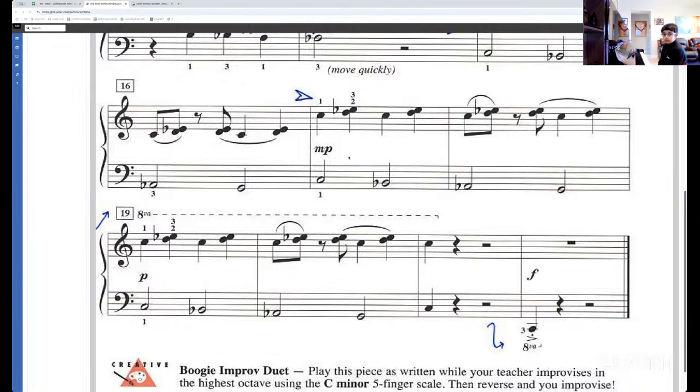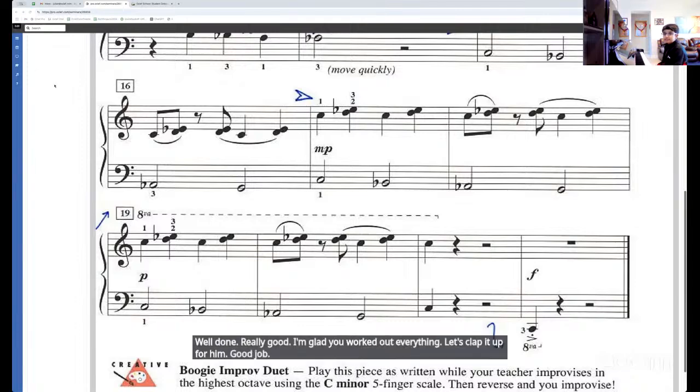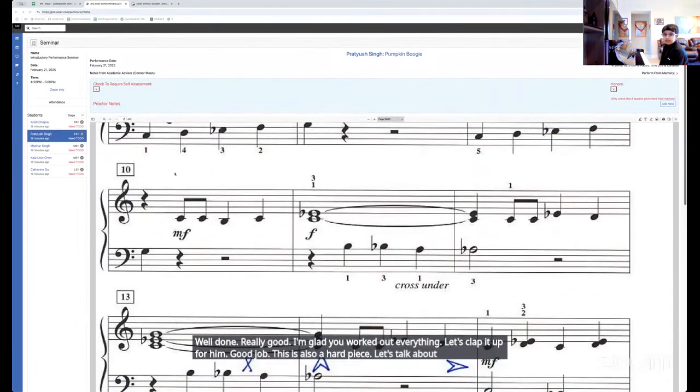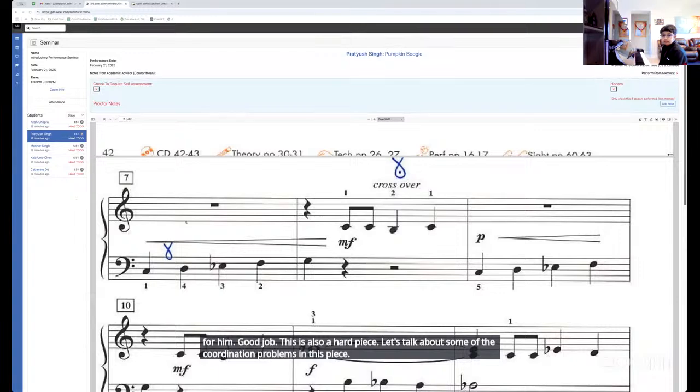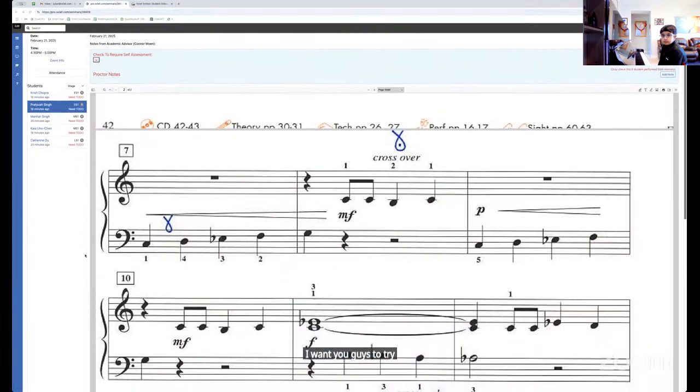Well done. Really good. I'm glad you worked out everything. Let's clap it up for him. Good job. This is also a hard piece. Let's talk about some of the coordination problems in this piece. I want you guys to try some of the stuff that he's doing. Now, he has some movements that